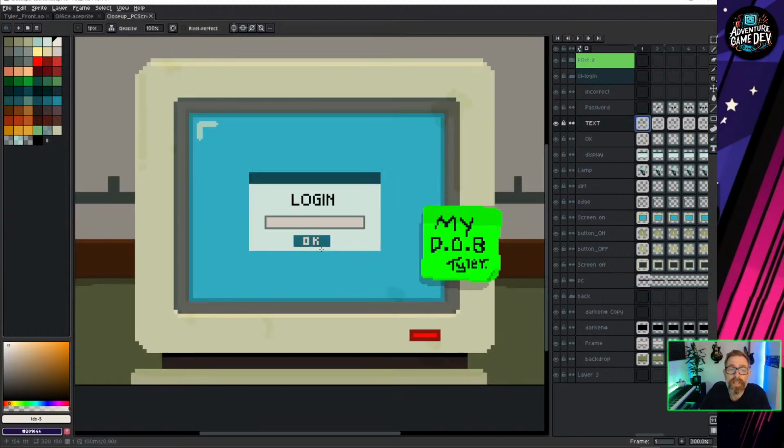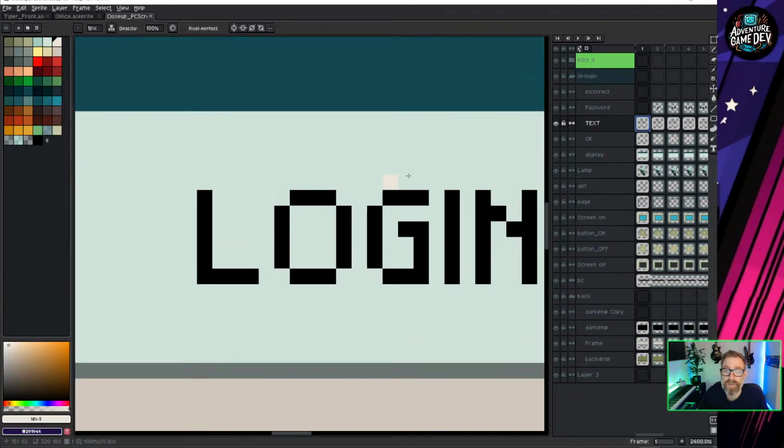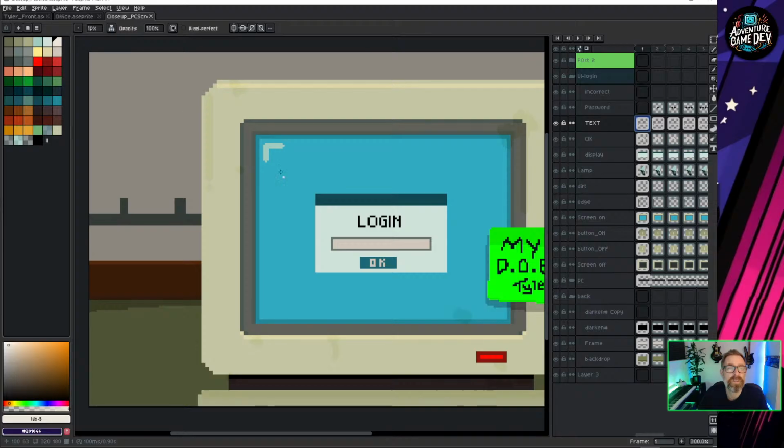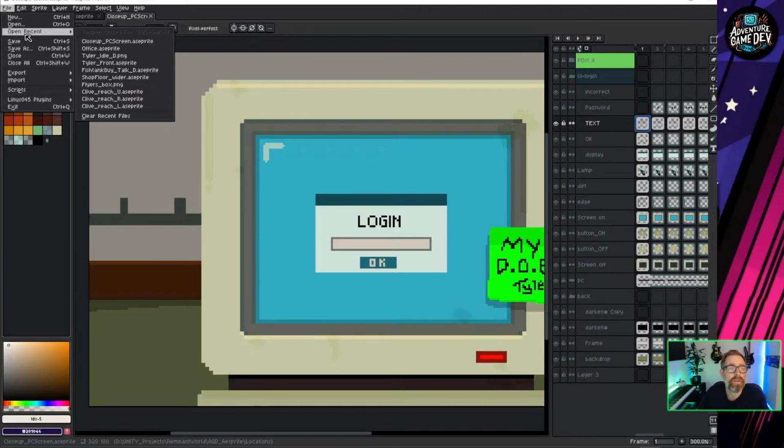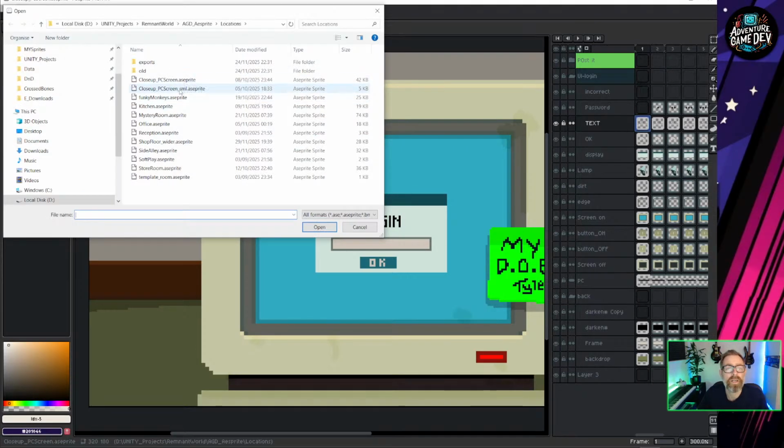So I've ended up making this bigger version of it, so that I can still have really small pixels for the text. I think it's one of these. It says text. Certainly even the word login there. So I needed the little pixels to make that look pixelated, because I'd ran out of pixels at the other side. So the proper size,